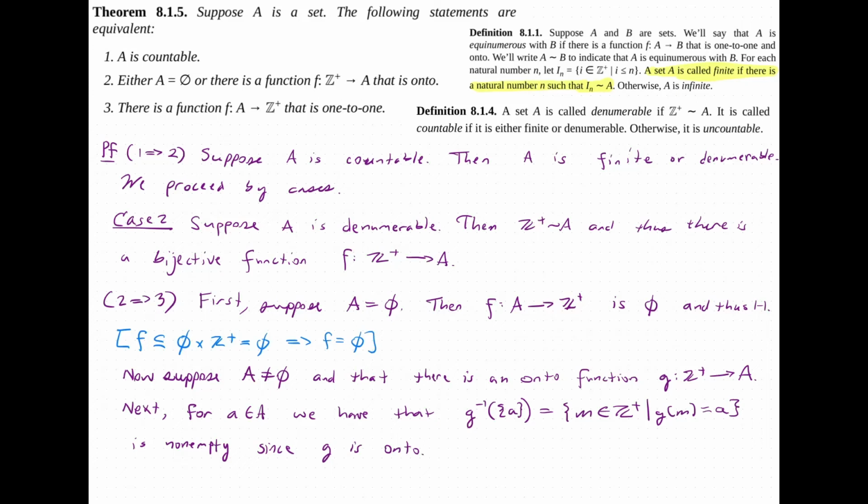And so we have that for every a in A, the inverse image of the set containing a under g is going to be non-empty,